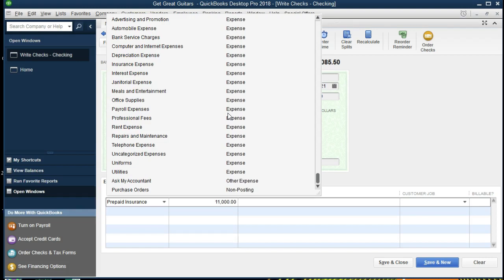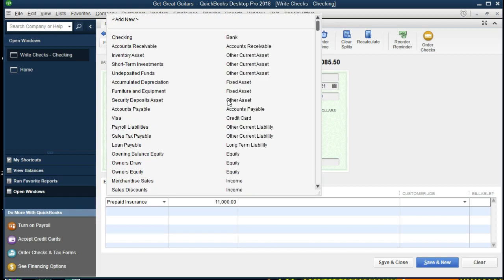That would be okay, but it would probably be the fact that we would be expensing multiple months of insurance in the month of payment, and it would be more proper to set up the prepayment. So we're going to set up the prepayment, and then we're going to do the adjusting entry at the end of the month here. So I'm just going to type in the account that I want, which is going to